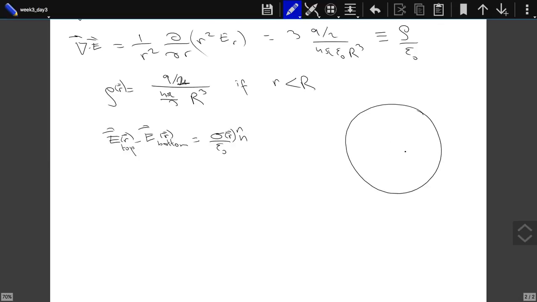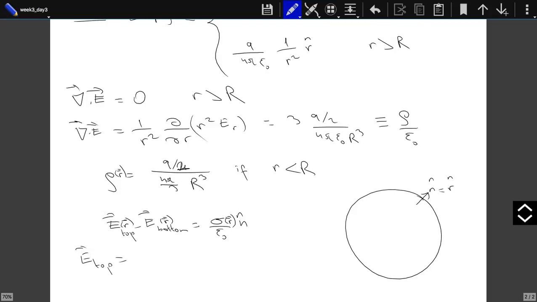Well, again, let's just take our sphere. This is our normal vector. We can take it to be the radial direction. It is perpendicular to the surface, so it basically defines what is our top, what is our bottom. So the electric field at the top